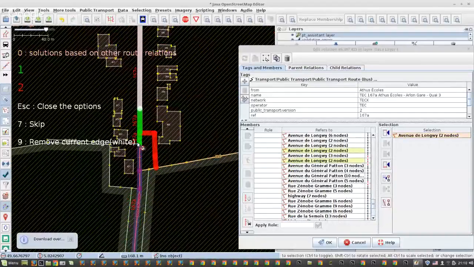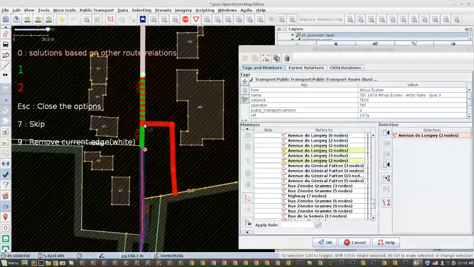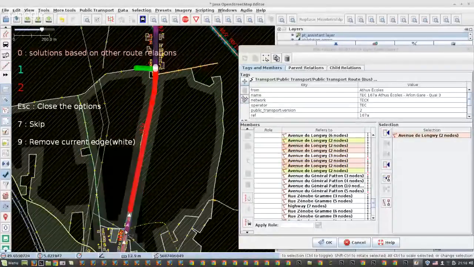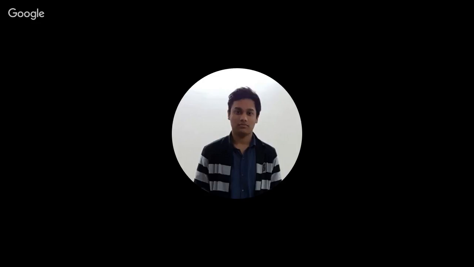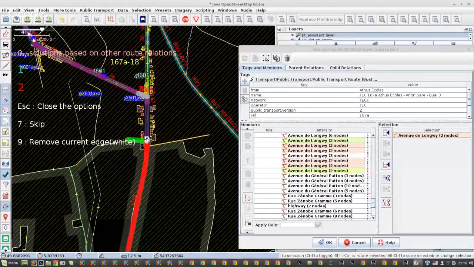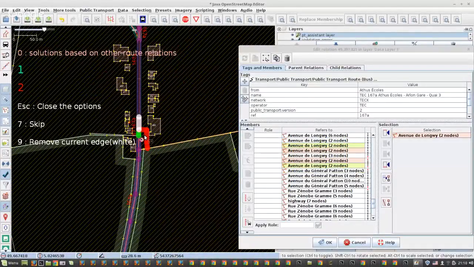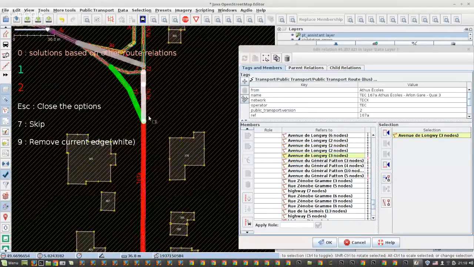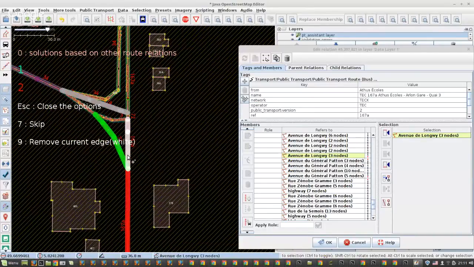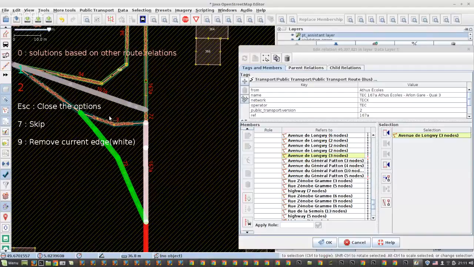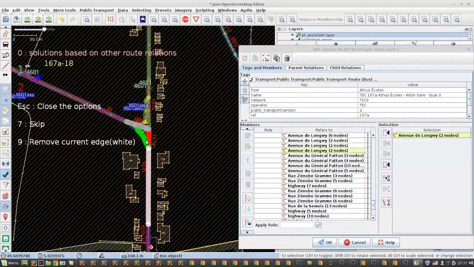Okay. Oh, it's again here. Or is it another one? Anyway, let's simply try one. Oh, it's trying to go back. It's trying to go back south. That was not the intention. I'm going to do 9 to take that away, and then 9 again to take that away. And now it's here. But again, instead of trying to go like this, it's trying to go south or like this. Going to take away that way as well. Ah, yeah. Okay,